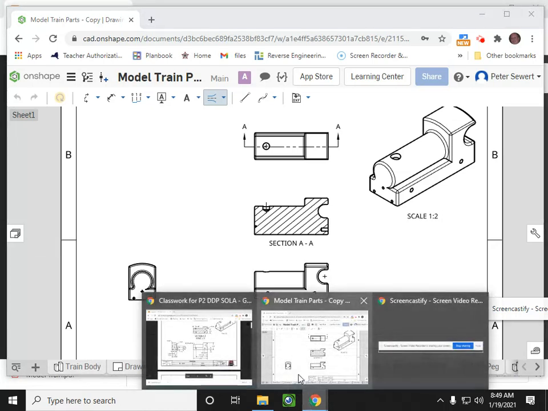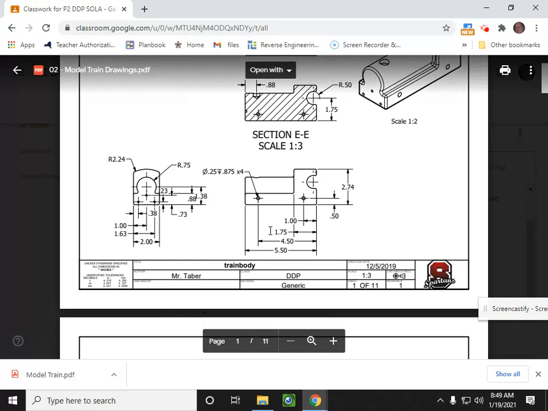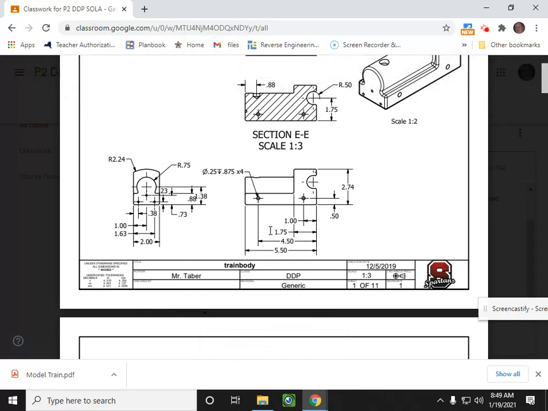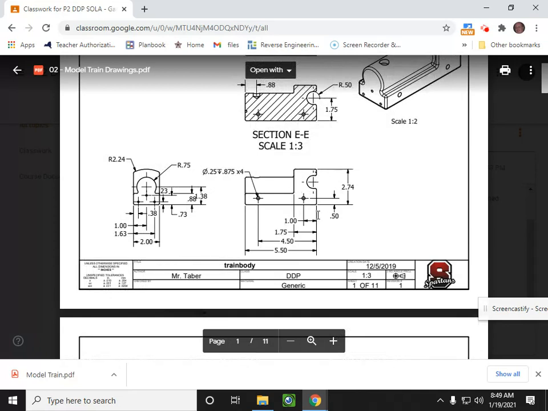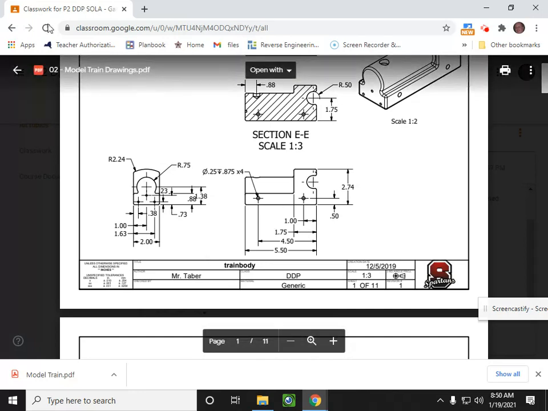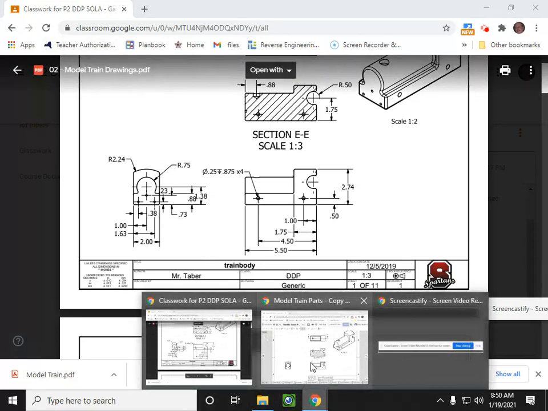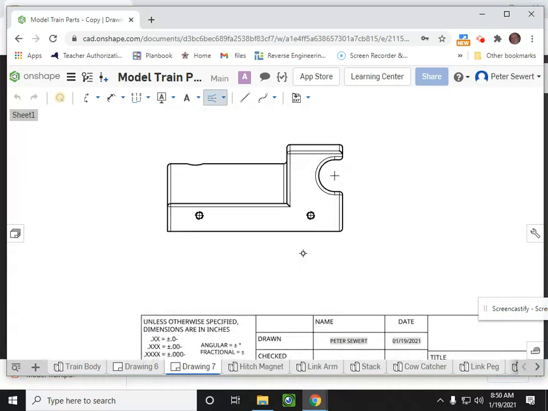So let's look at our dimensions for a second. And here's your goal or your job. Your job is to make your dimensions look like mine. Okay? Simple as that. Make your dimensions look like mine. So you'll notice that we'll start with this front view right here. We're coming from this right-hand edge and going to the first hole, and then we're going to go from the right-hand edge to this edge and so on and so forth. The way you go about doing that is as follows. So I'm going to zoom in down here on this area,